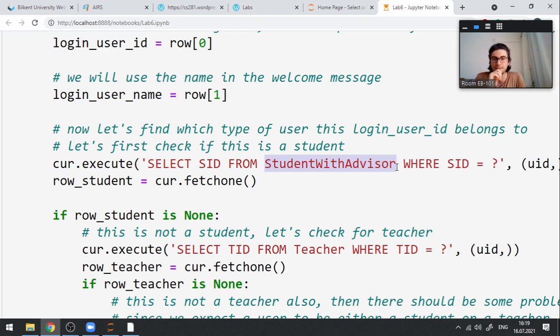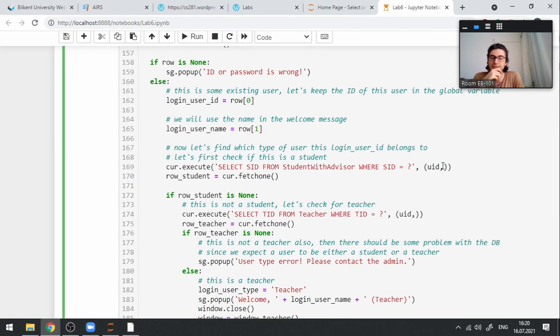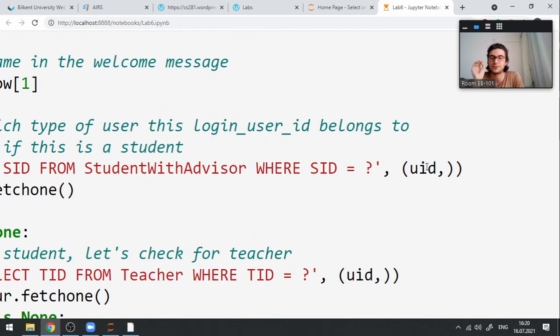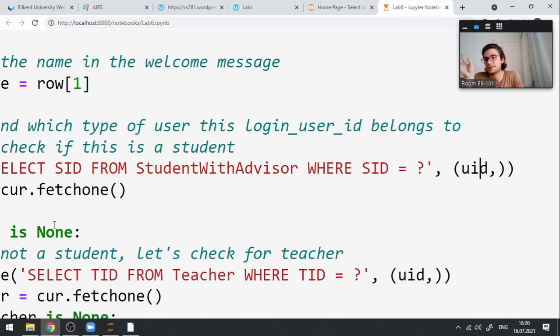This is the student table. So for the students, the student's ID, SID, should be equal to the UID that we are given here. So this is the UID of this user, and we are checking if we can find it in the student